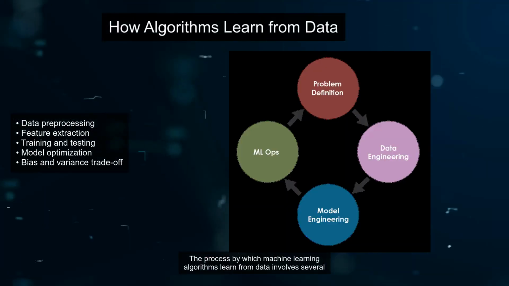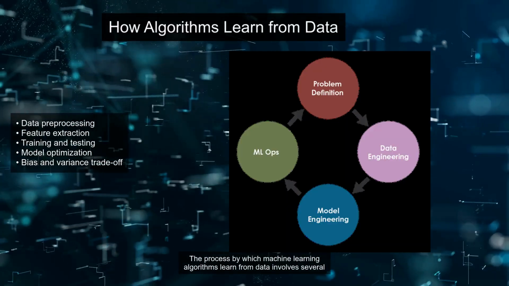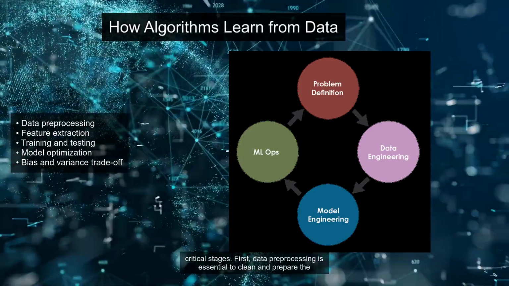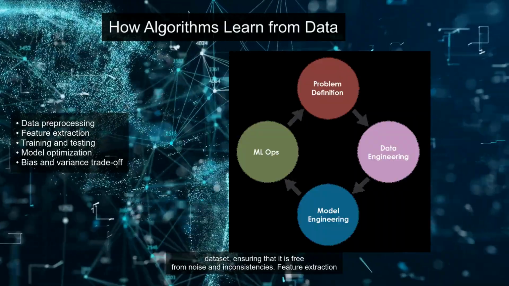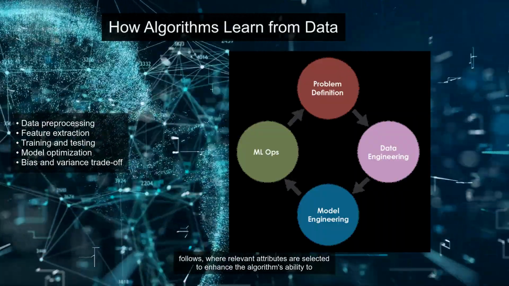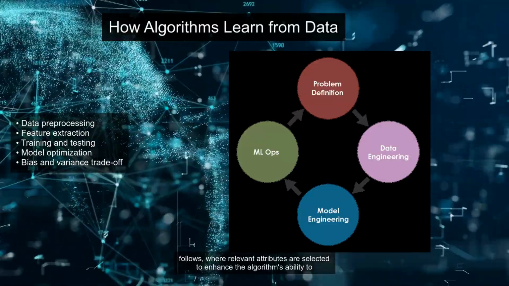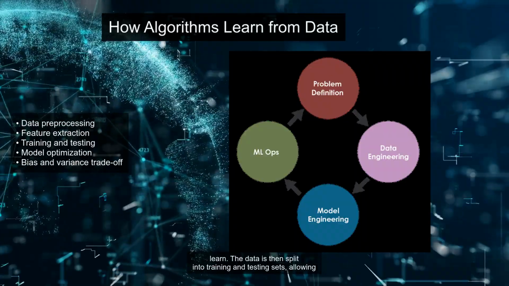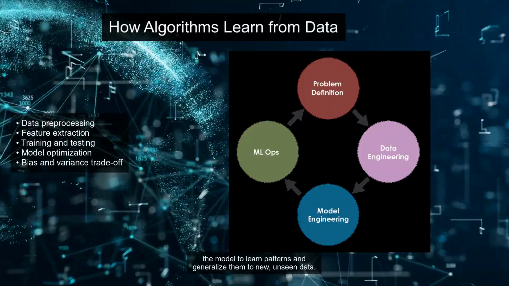The process by which machine learning algorithms learn from data involves several critical stages. First, data preprocessing is essential to clean and prepare the dataset, ensuring that it is free from noise and inconsistencies. Feature extraction follows, where relevant attributes are selected to enhance the algorithm's ability to learn. The data is then split into training and testing sets, allowing the model to learn patterns and generalize them to